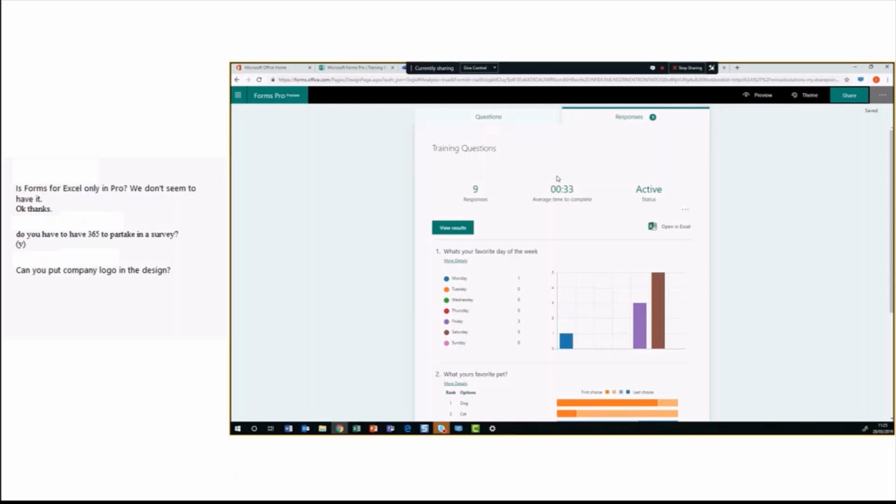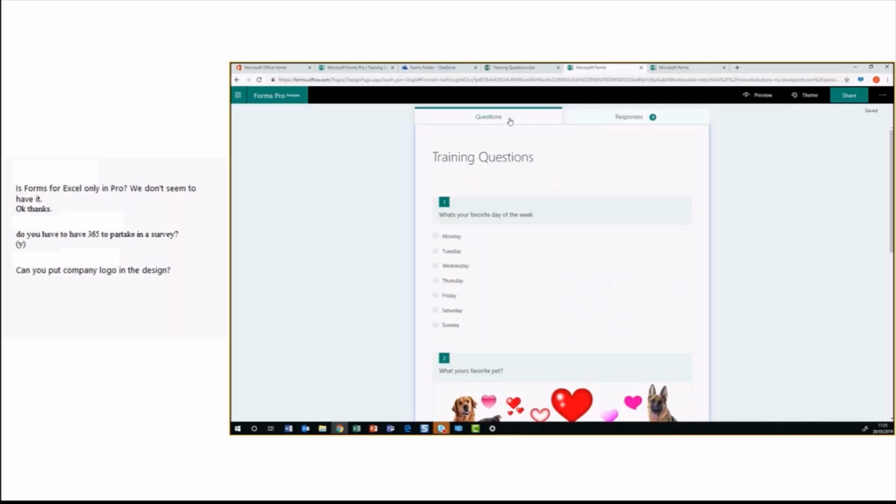Oh, someone's just asked if you can put your company logo into the design. You can, to a certain extent. One of the big advantages Google Forms has over Microsoft Forms is that you get a lot more customization. Essentially, say for instance, if I wanted to add the Mirus logo into this, what I could do